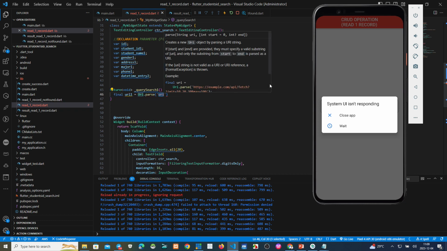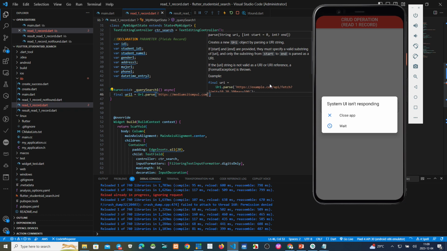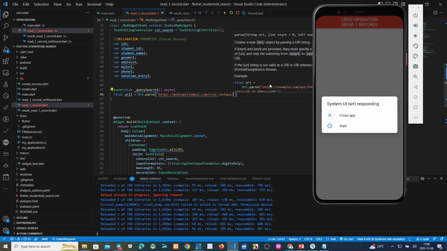This one https://mediumsitompul.com, and then my script is in my folder CRUD REST API, and my script name is search1.php.